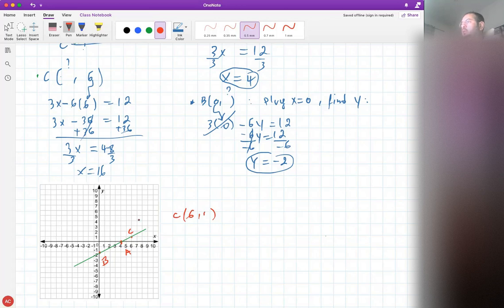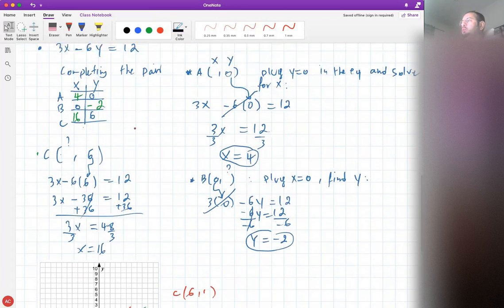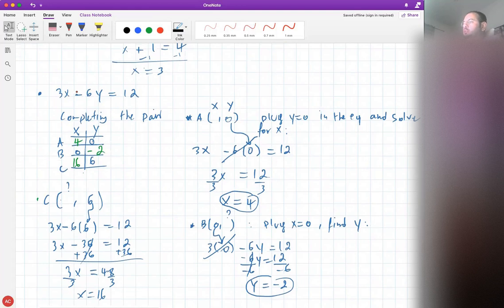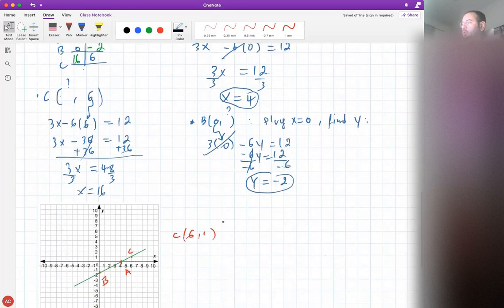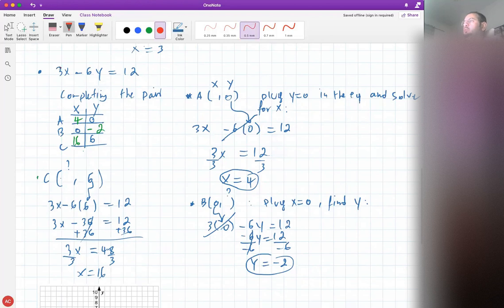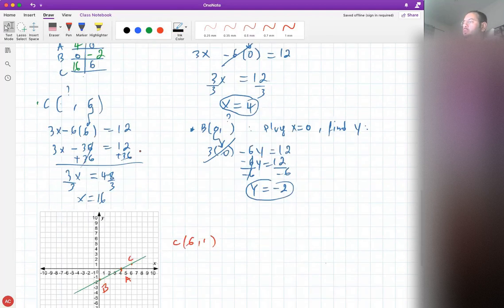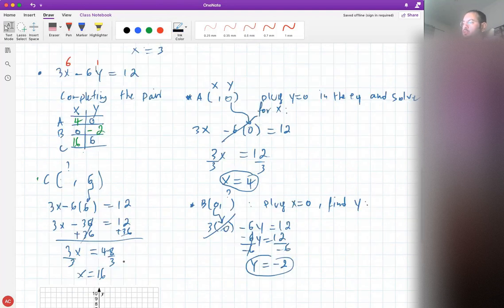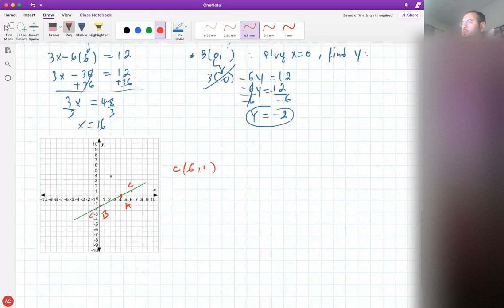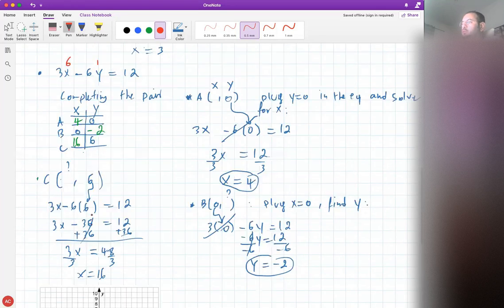You get 1. And if you plug that in here, it should work just fine. Let's try it. 6 and 1. X is 6, and y is 1 here. You can see 3 times 6 would be 18, minus 6 would be 12. So any point from the graph will be a solution to the equation. But any point that's not on the line, if you take a point from here or here, it's not going to work because it's not a solution. So the solution set is a straight line,